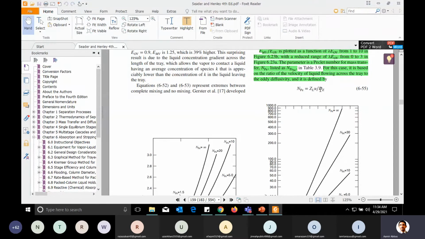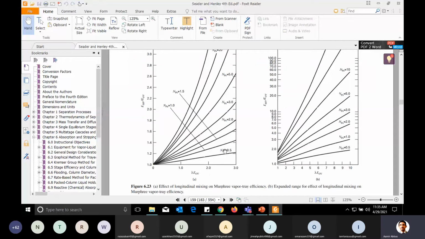When there are more eddies, that means there is more mixing on the surface of the tray, and then the value of this diffusion constant will be higher, and when it is higher, it means your Péclet number will be less. And when the Péclet number is less, for example, as we can see in the earlier lines, and we are saying there is a higher diffusion, more eddy formation on the surface of the tray, what does that indicate? That there is complete mixing, there is a lot of mixing.